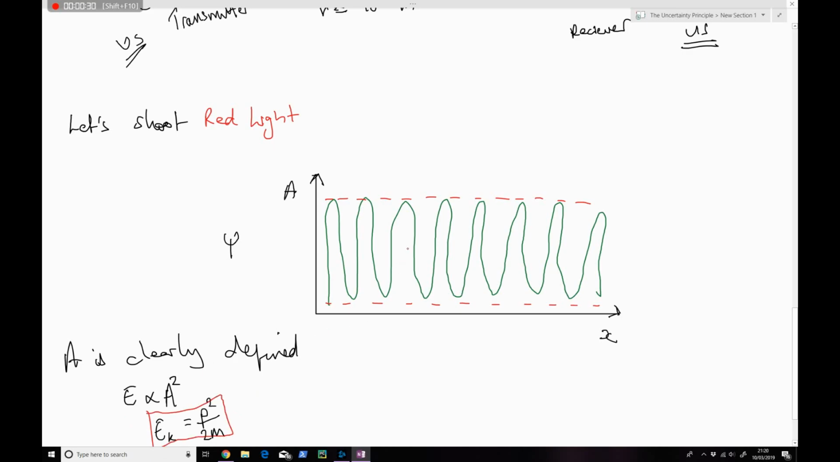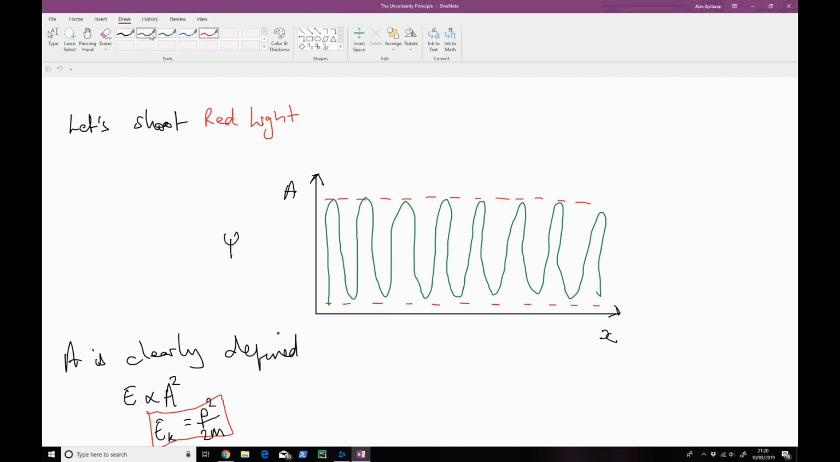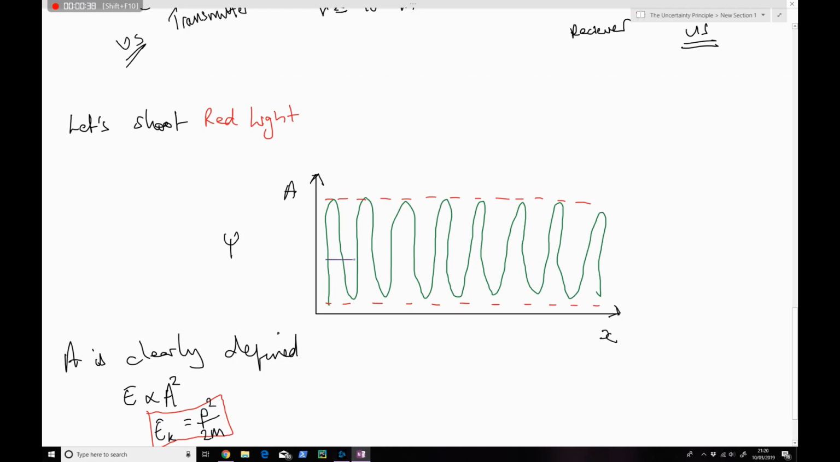Okay? However, what do you notice about the position of the wave function? Look here. The position of the wave function is spread all throughout space. This means that we have a large uncertainty in position. Okay, we don't know where this wave function is localized. It could be anywhere in space. We don't know. Okay, we have no clue, and this is because